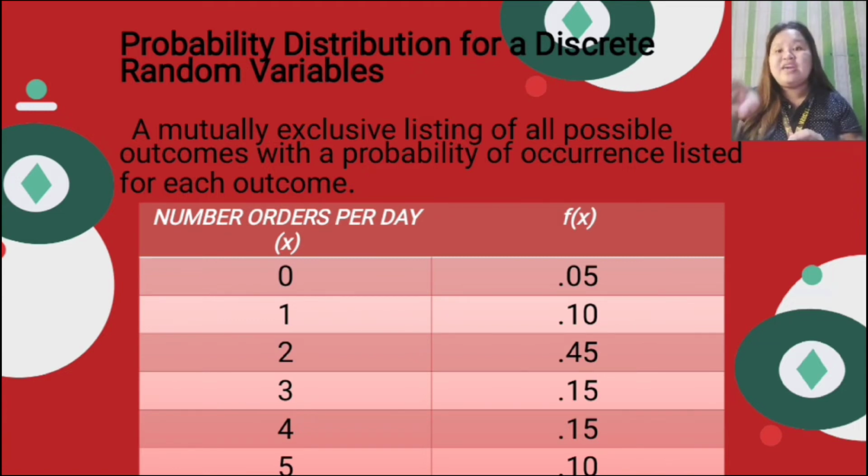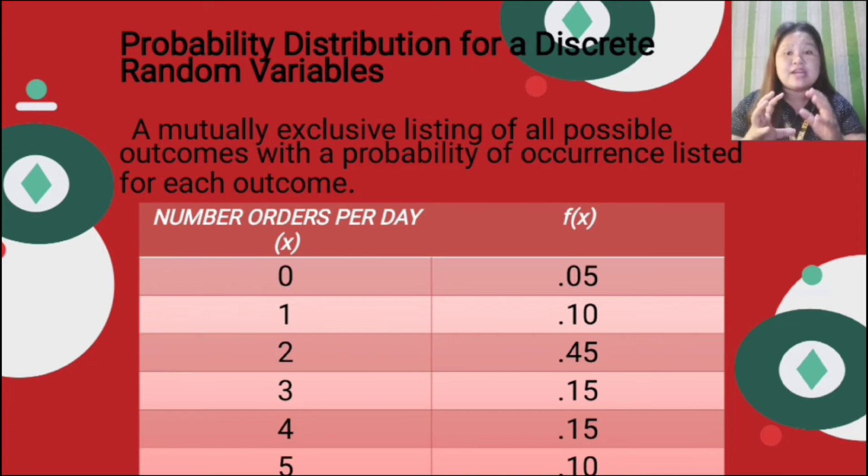So we have another example here, number of orders per day. We need to assume that we have a restaurant. So our numbers of orders per day are 0, 1, 2, 3, 4, 5, denoted by x, and the associated probabilities. The number of orders are mutually exclusive categories ranging from 0 to 5 orders, and the probabilities associated with each outcome are